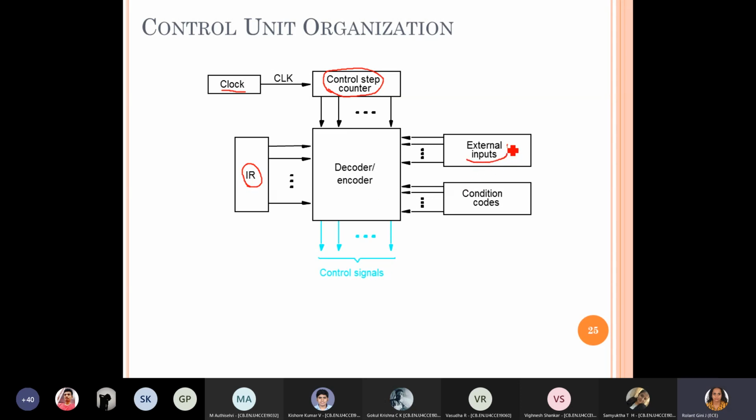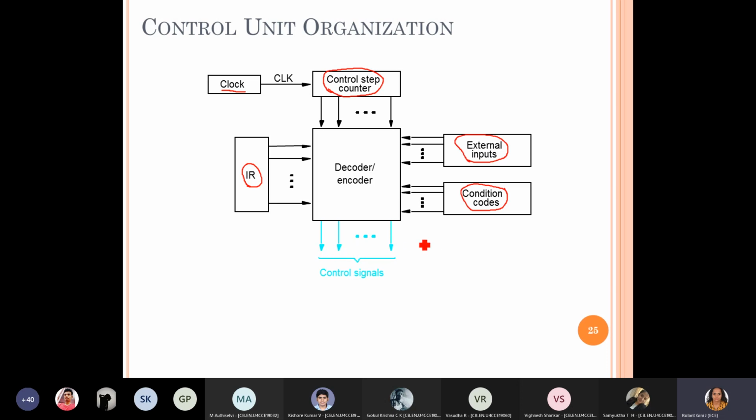And what is the status of the external inputs, right? If the memory function is not over, then you cannot go for enabling MDR out. Okay, and other conditions, in case of branching, you require the status of the flags. So based on all these inputs only, you can generate the corresponding control signals, right?